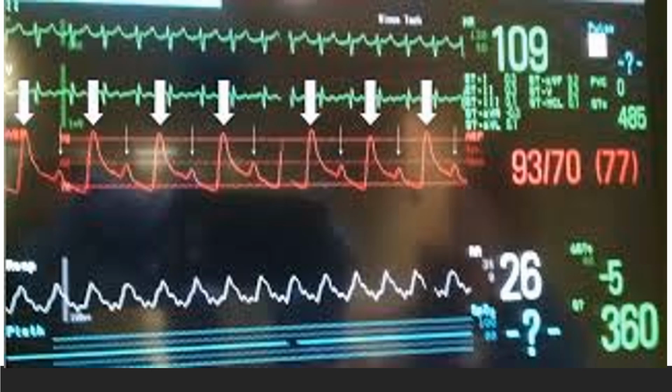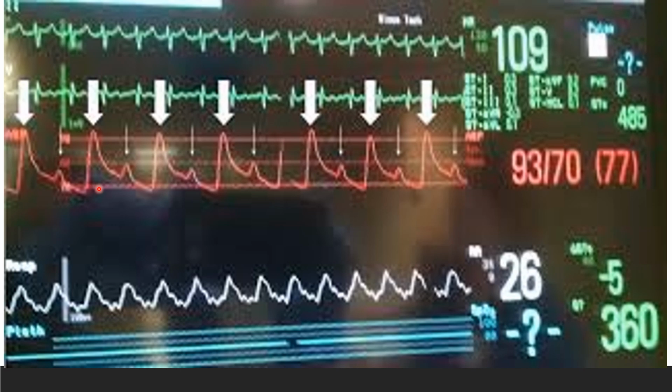The ECG of this patient appears regular. Here you can say it appears regular with tachycardia, heart rate is 109. But if you look at the arterial pressure tracings, you can see alternate beats are not generating normal pressure. This is normal pressure while this is not a normal pressure. So you can feel this pulse, but you won't be able to feel this pulse on the periphery, and this will generate the pulse deficit.